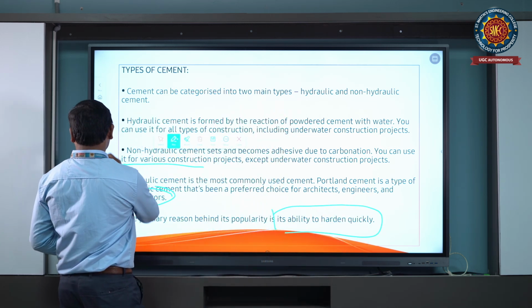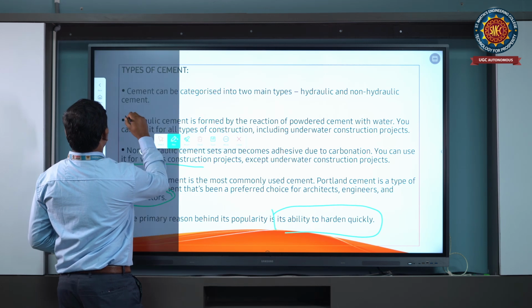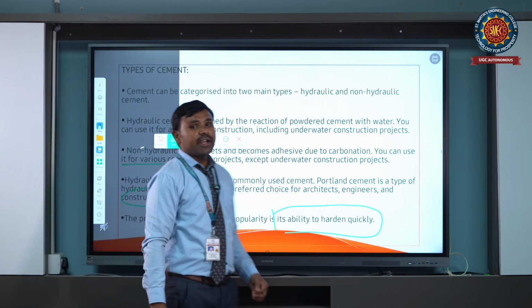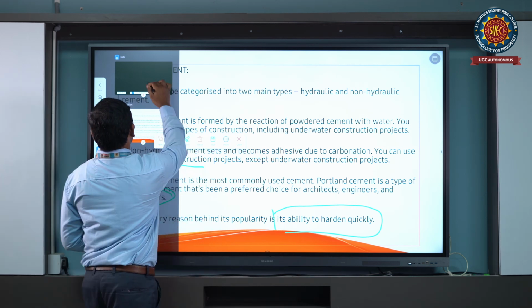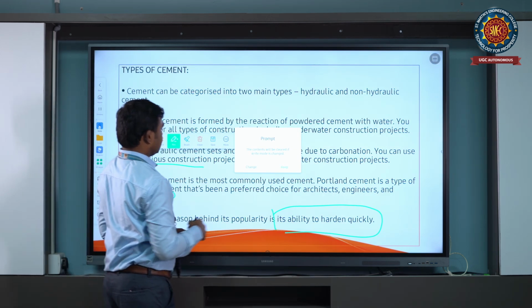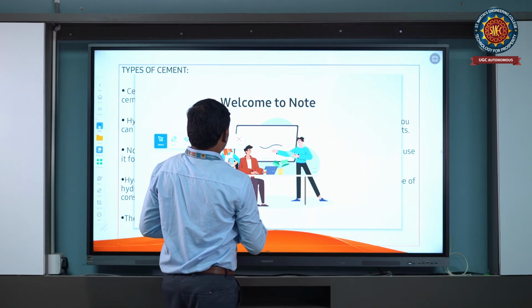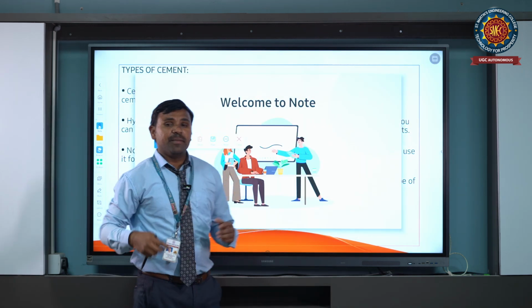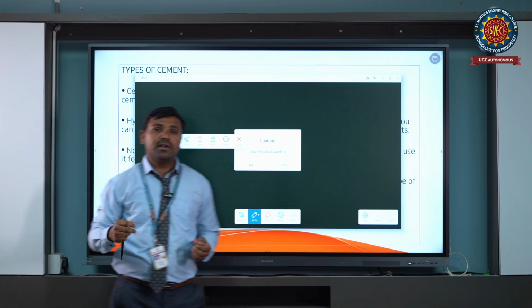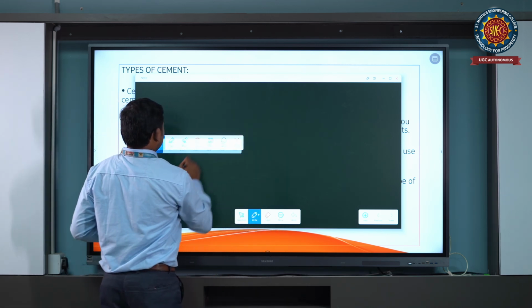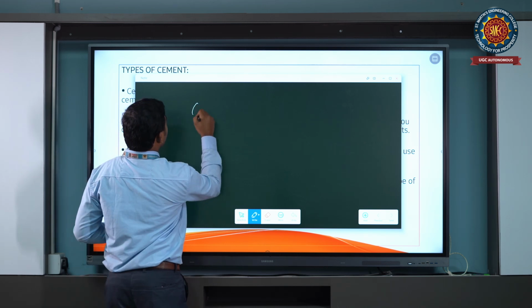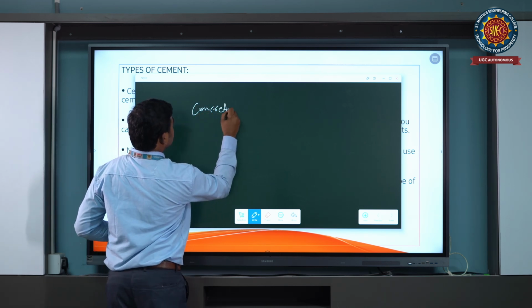In concrete, we have mixed proportions, like one part of cement, one part of sand and another part of aggregates. Like, concrete means